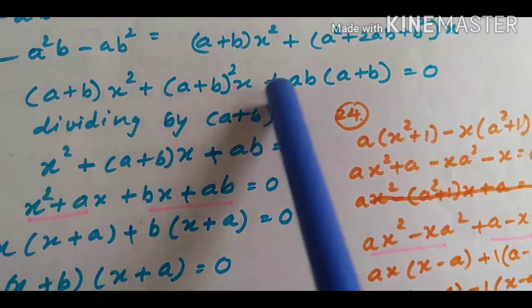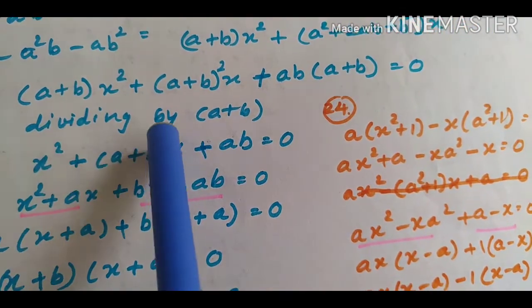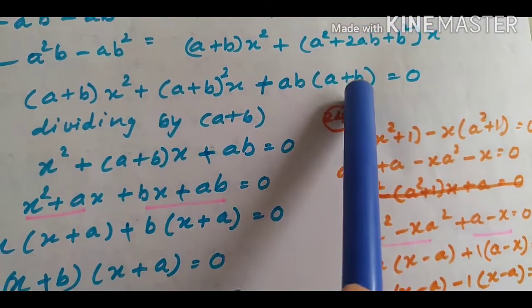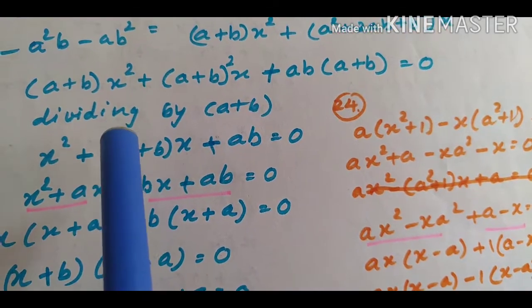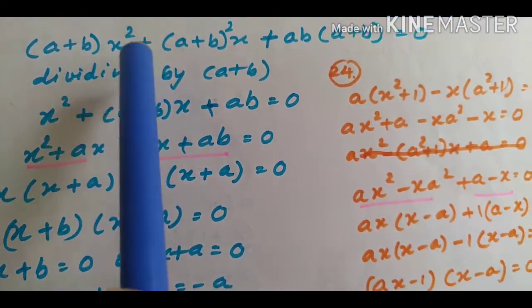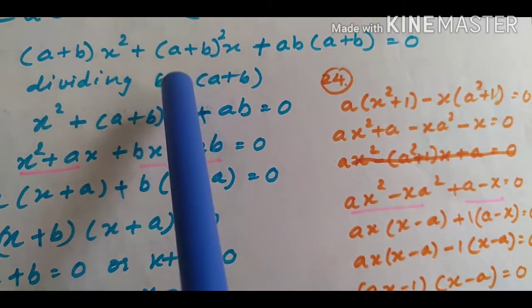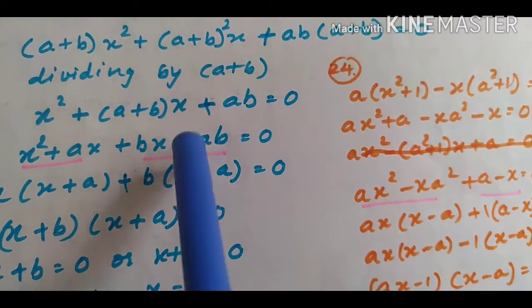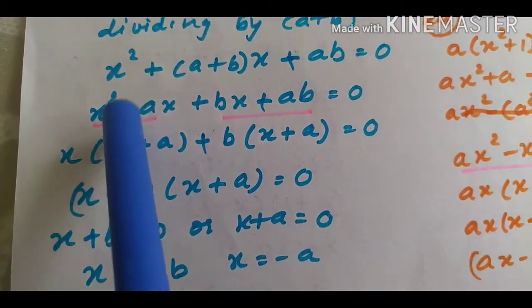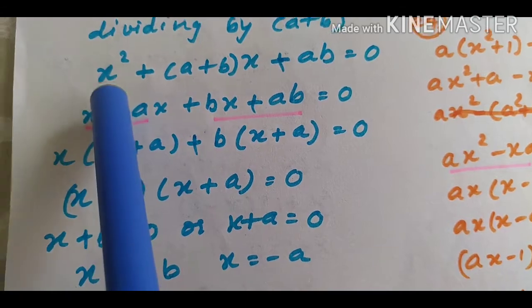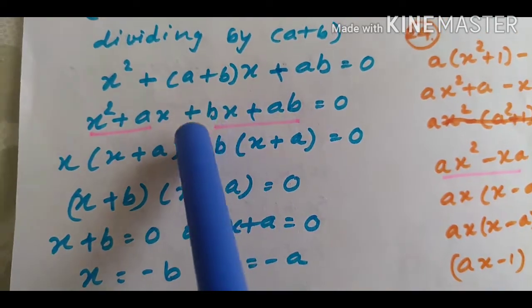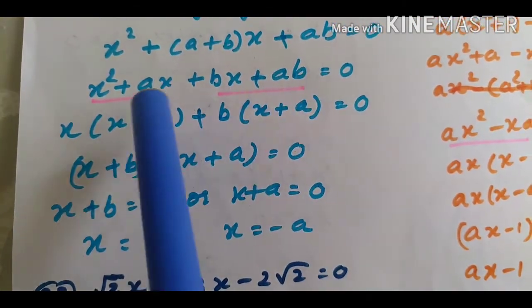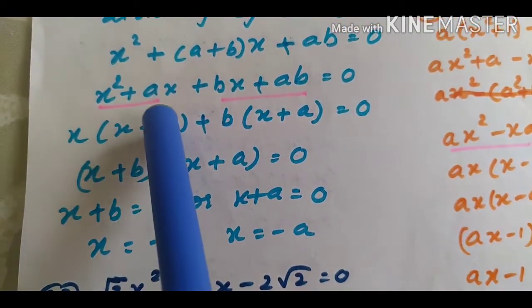Now you see what is common in all 3. Dividing by a plus b. Why am I dividing by a plus b? To remove this bracket so that we get our standard form of quadratic equation. So I get x square plus 1 bracket divided, 1 left, plus ab divided by a plus b, so it is removed. Now again opening the bracket, x square plus ax plus bx plus ab is equal to 0. Now we use group type factorization in which we make groups.